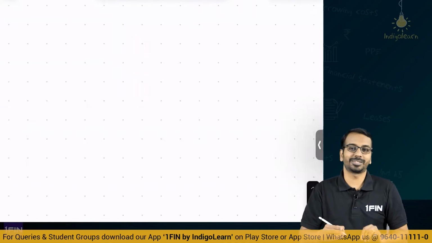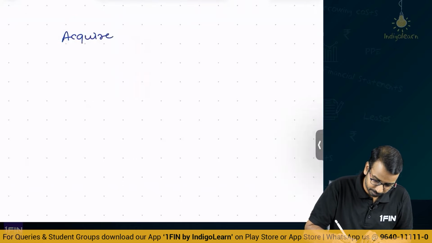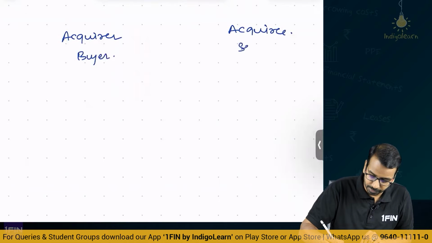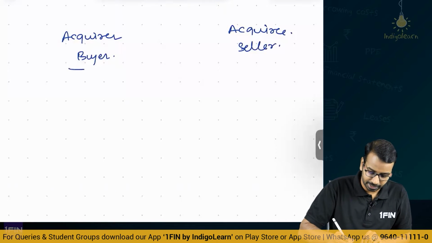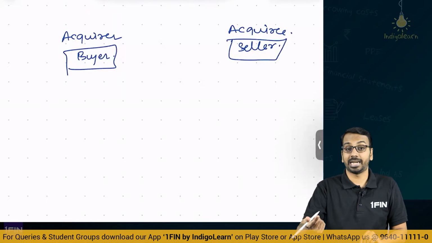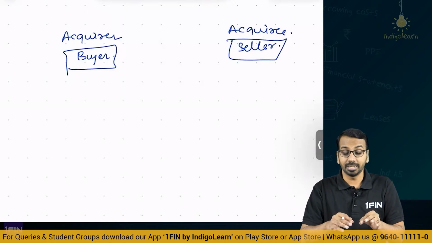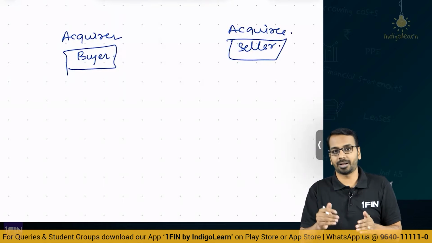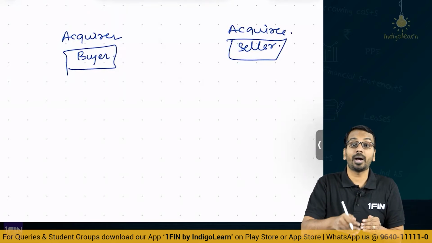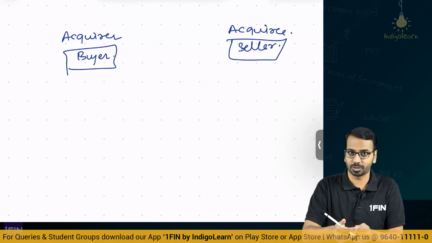Now, when we talk about business combination, what we are saying is there is an acquirer and there is an acquiree. Acquirer, you can say it is a buyer, and the acquiree is a seller. Now, if you go back to your amalgamation accounting standard 14, there it is one company acquiring another company, but here it can be one company acquiring another company, or one company acquiring the business of another company. So, we will also talk about what a business comprises of, right.